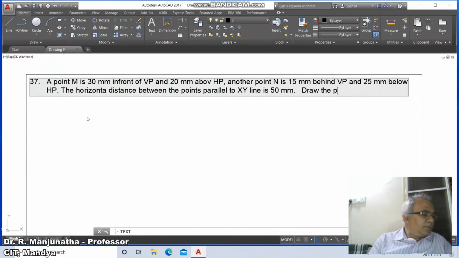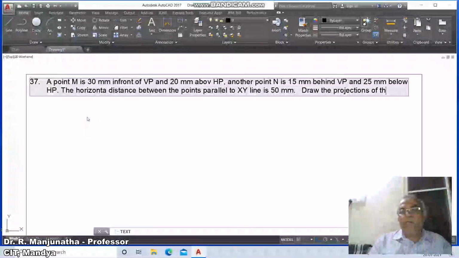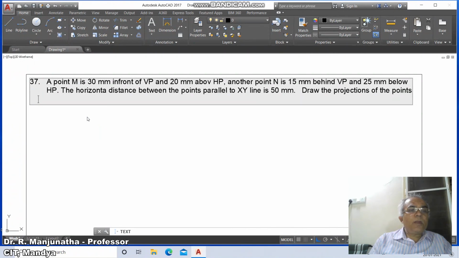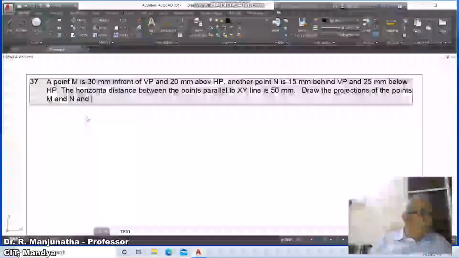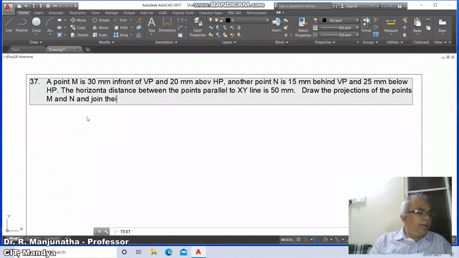Draw the projections of the points M and N and join their front and top views. Draw the right side view for the point N only.